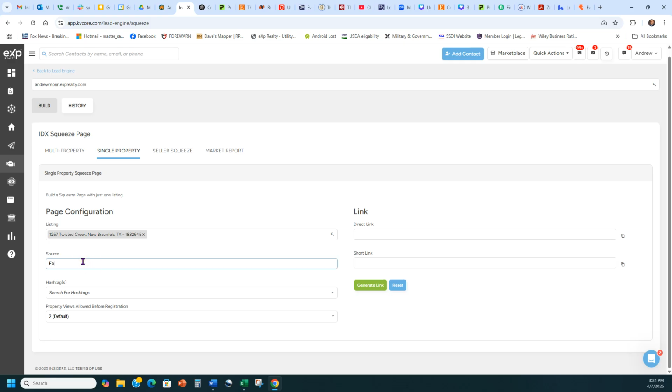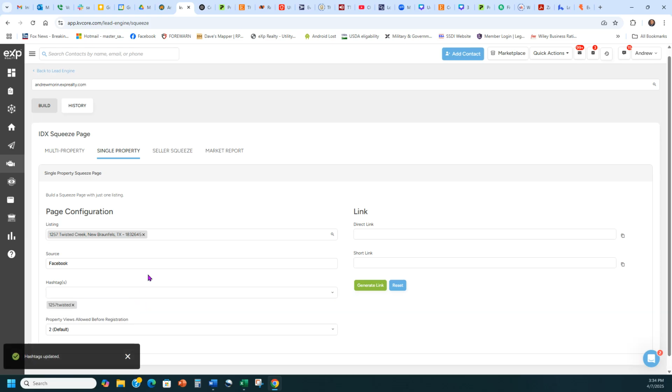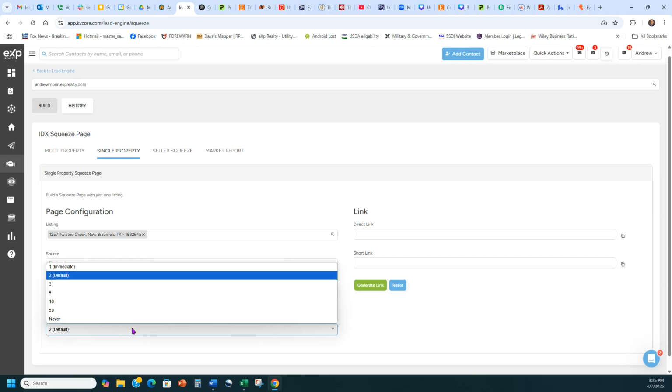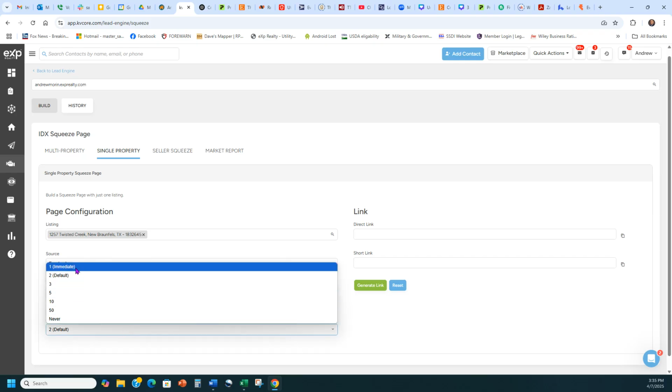Source, I'm going to keep it simple and do Facebook. Hashtag, I usually like to put the property address as the hashtag. I just read it off there, and it just happens to be 1257 Twisted. And then property views allowed before registration. It depends what I'm going to use this single property squeeze page for. So if I'm doing an open house, and I'm going to show you in a minute how to turn it into a QR code, and I go here